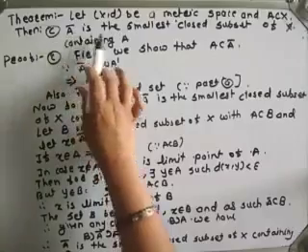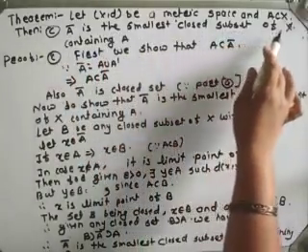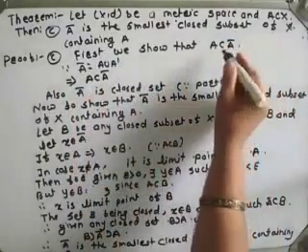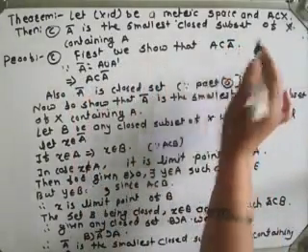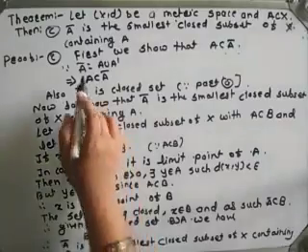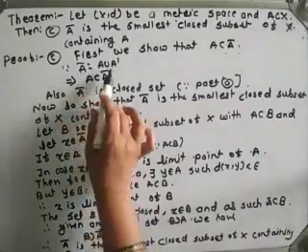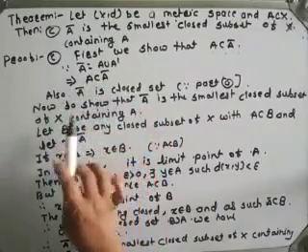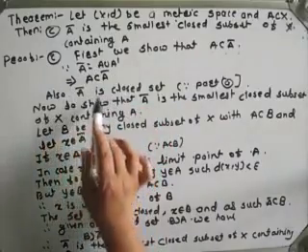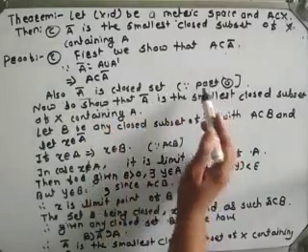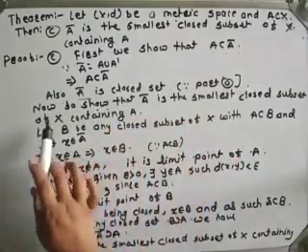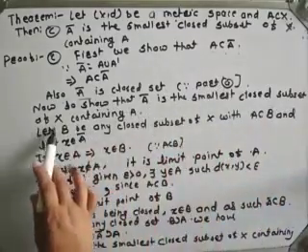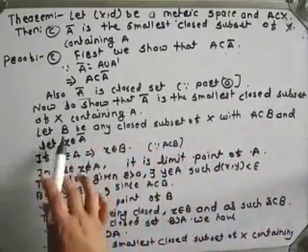Here we have to show that A closure is the smallest closed subset of X containing A. First we show that A is a subset of A closure. Since A closure is equal to A union A dash, that implies A is a subset of A closure. Also, A closure is a closed set by part A. Now to show that A closure is the smallest closed subset of X containing A,